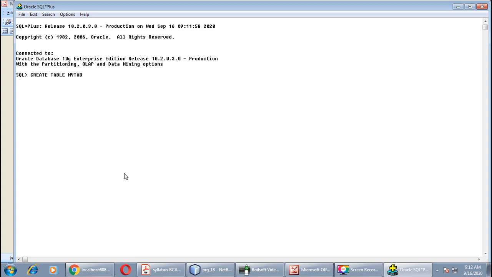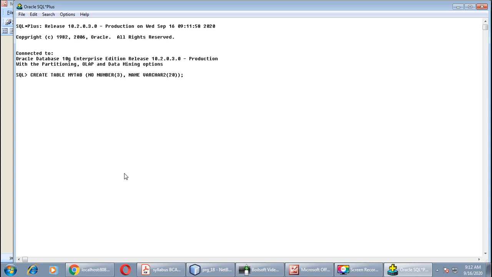The name of the table is mytab, and I want to create only two columns over here. The first column is no, the data type of this column is number, and the length is 3, and the second column is name, and here the data type is varchar2. The length is 20. For the sake of simplicity, I have taken only two columns over here.